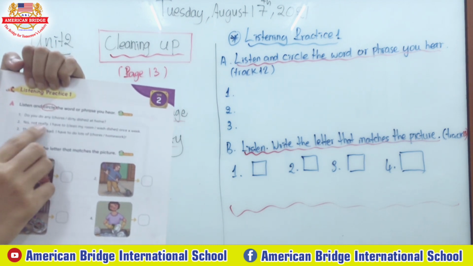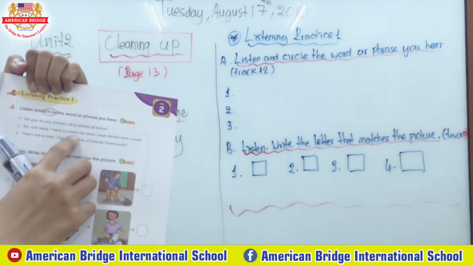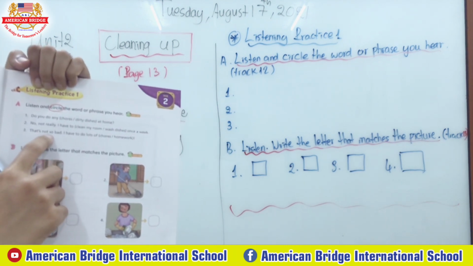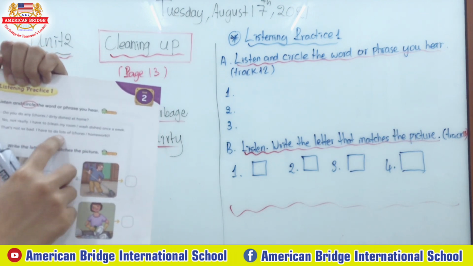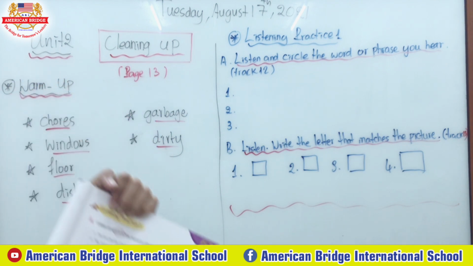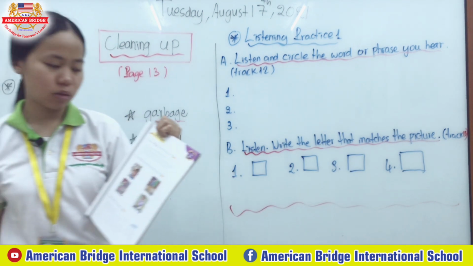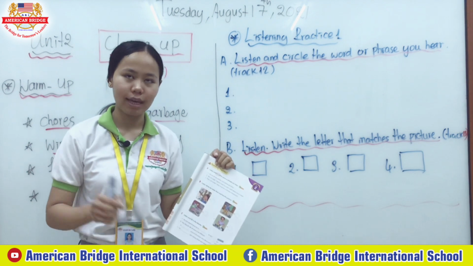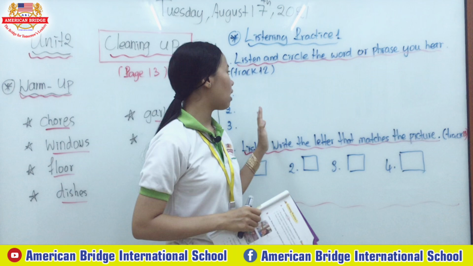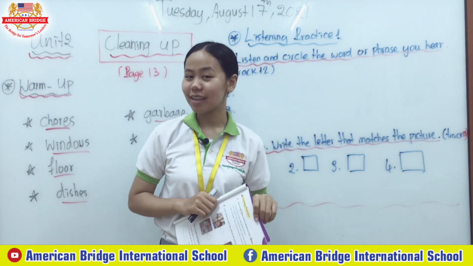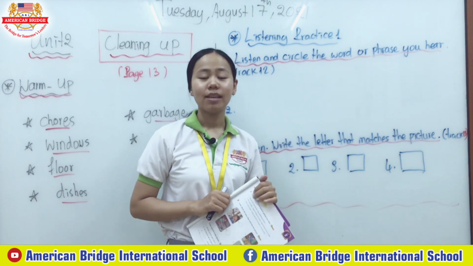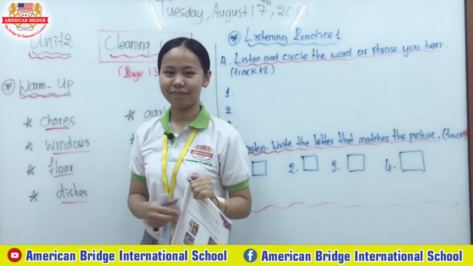Number 2, no, not really. I have to, and then we have clean my room, wash my dishes once a week. And number 3, that's not so bad. I have to do lots of chores or homework. Which one do you hear? It's very easy, right, everyone? You don't have to do anything. You just listen carefully and then circle the words. It's not too critical for you. Now we would like all of you to listen to track 12 altogether, and after that we will check the answers regarding this section. Are you ready? Let's go.